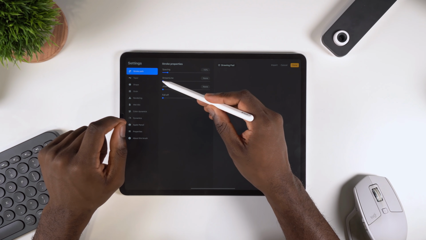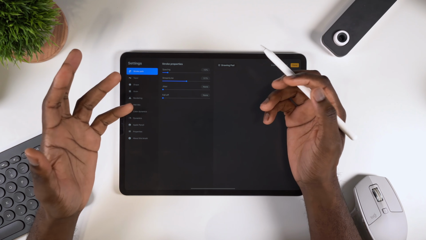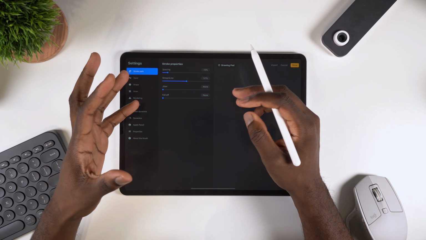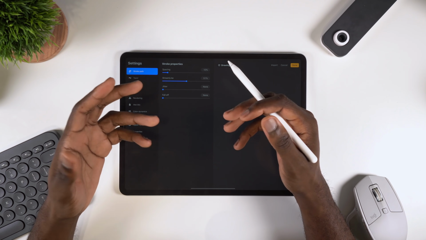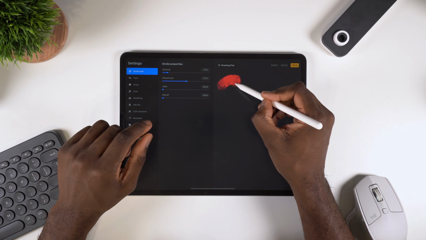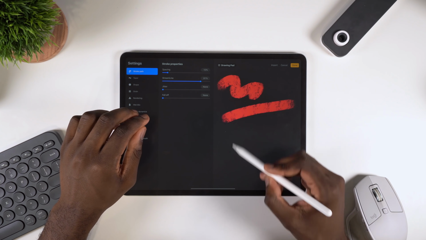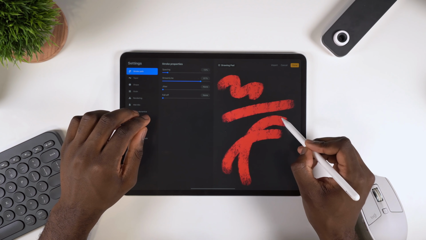Streamline, all this does is it's like the S or smoothing modifier, if you're used to something like Paint Tool SAI or Manga Studio. So this basically makes it easier for you to draw curves and straight lines. You can see it starts to look like